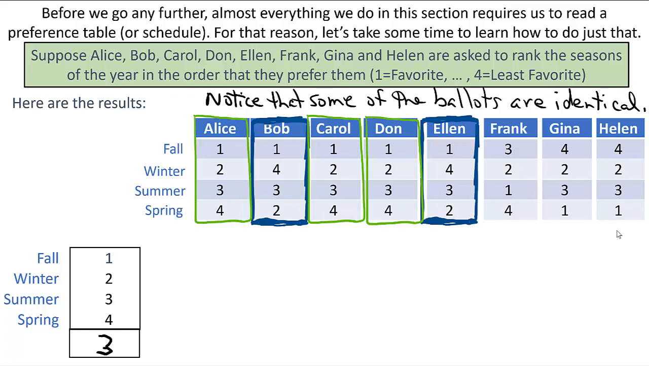If you look a little further, you'll notice that Bob and Ellen also agreed perfectly. Both Bob and Ellen thought fall was the best season. They thought spring was the second best season, followed by summer, and winter being the least favorite season for them. So I'll write that down and give it a count of 2 to indicate that 2 voters had those exact